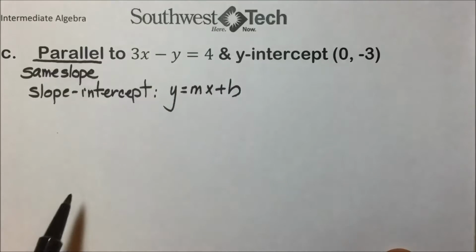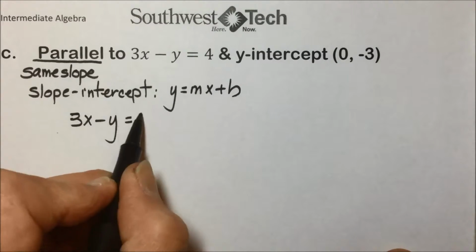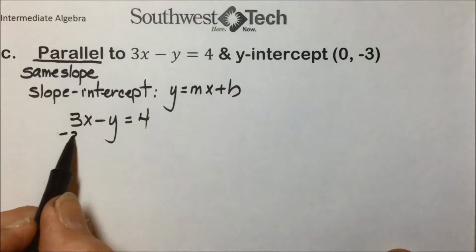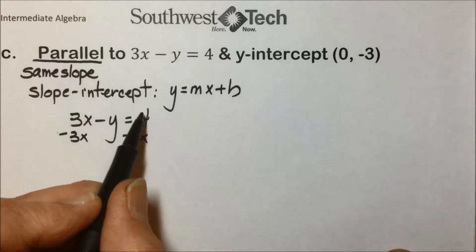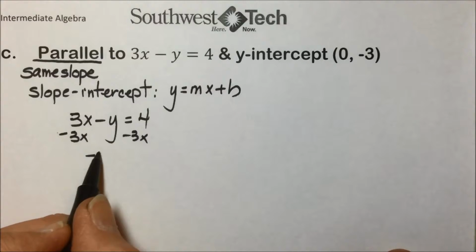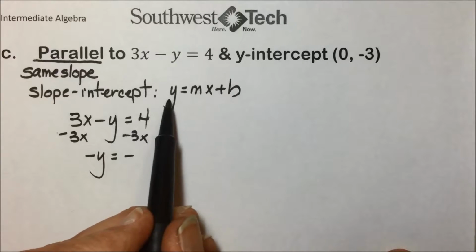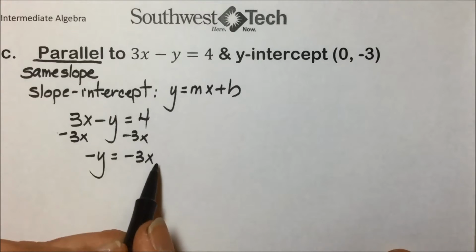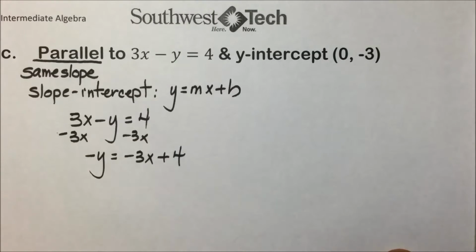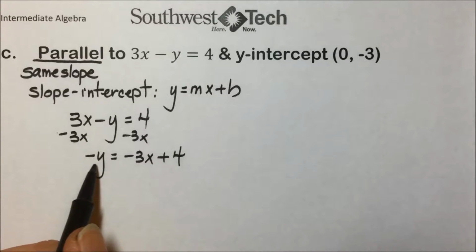And as you can see, y isn't by itself. Let me write the equation here. 3x minus y is equal to 4. I'm going to subtract a 3x from each side, or by taking 3x to the other side, it changes its sign. As we can see, we end up with a negative 3x. And because we have this in mind, I'm going to put the minus 3x first and push that 4 behind it. We're almost there. Slope-intercept form has y by itself with a positive 1 coefficient.